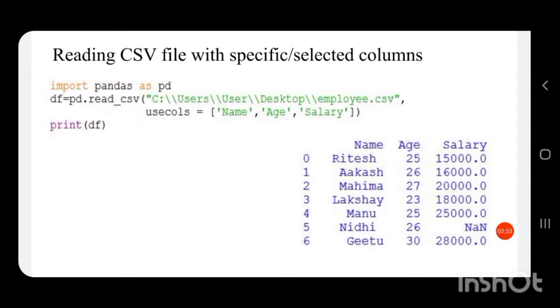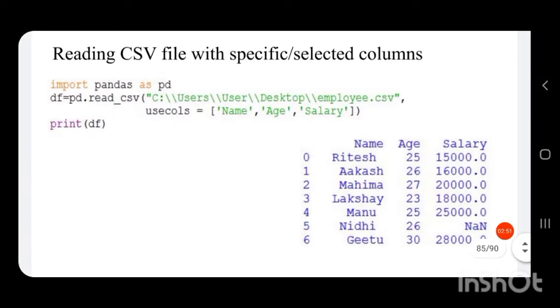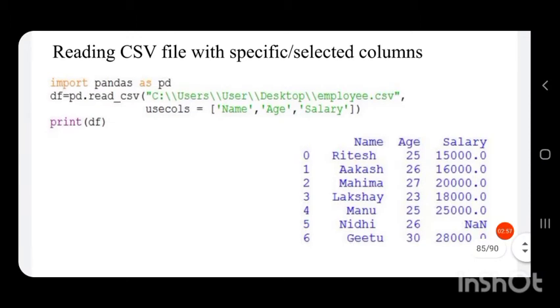If our CSV file has a large number of columns and we need only 2 or 3 columns of that CSV file, then we can use this command to select only particular columns to create our data frame. So in our program, we first import our pandas library, import pandas as pd,